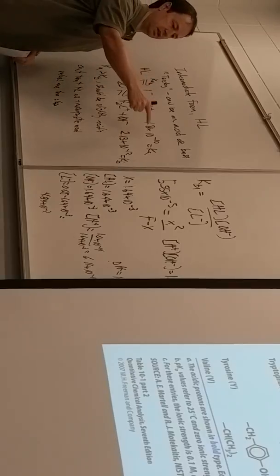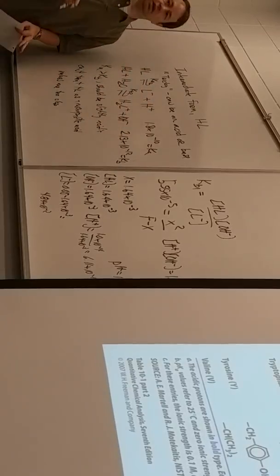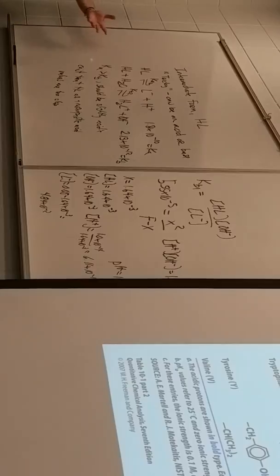Now, if this one was 10 to the 5th and this was 10 to the minus 12th, then we could still treat it like a monoprotic system and say, okay, the second reaction just doesn't happen that much. And how big of a difference should there be? That's a good question. A lot of people have wondered. It's a matter of some debate amongst analytical chemists. I mean, this is really what analytical chemists will spend their time talking about.